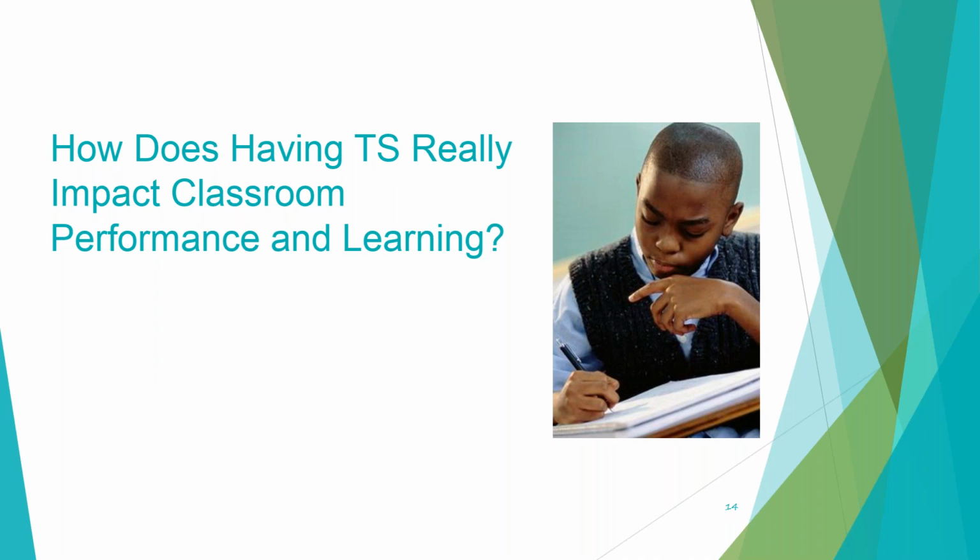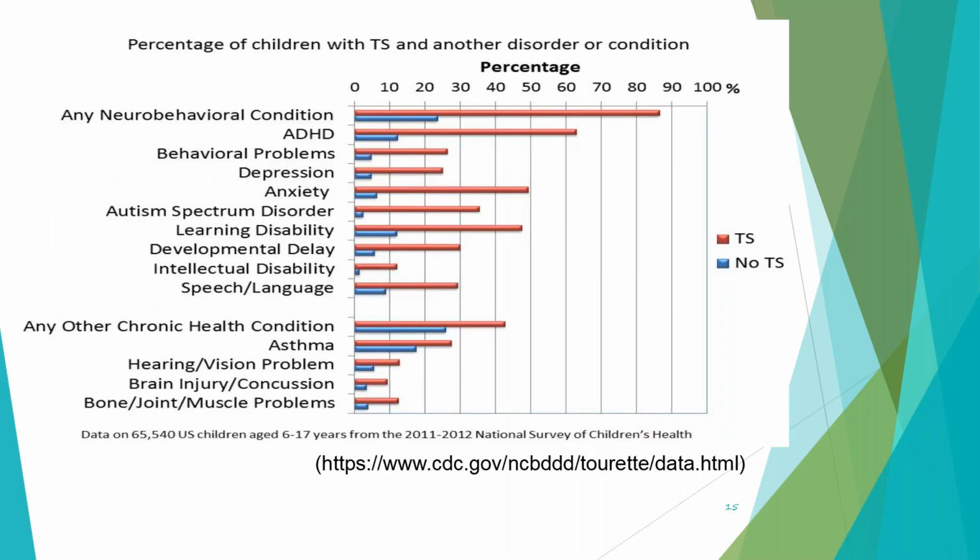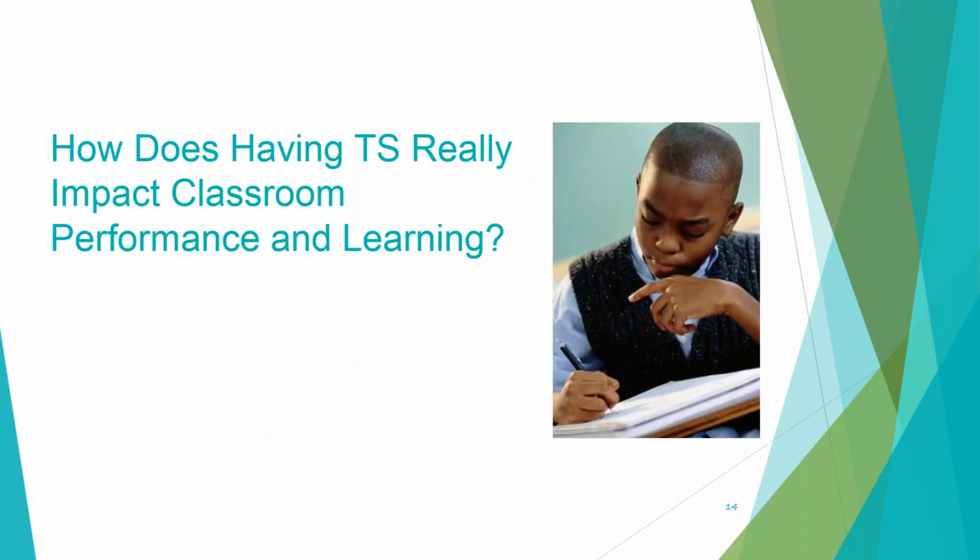Your peers would be laughing at you. The teacher would be asking you, why were you fooling around? Oh, you obviously don't care. Our kids hear things like, oh, you're just stupid, you're lazy. They hear it a lot. And that is not representative of what our kids can do. So now as we go through this, you can think about how we can work with these students and give them the power that they need to get through their day and acquire their learning and show people what they know.